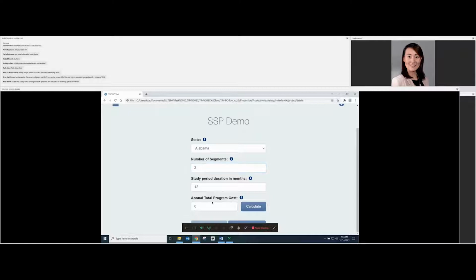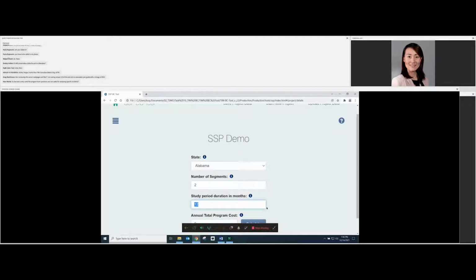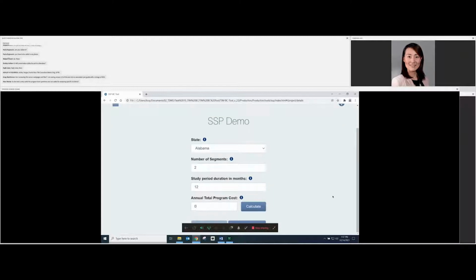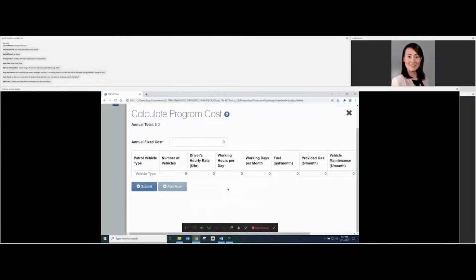Study period duration, I'm going to leave it as 12 for this demo. And the last input box here is the annual total program cost. For SSP module, there is a feature in this tool to calculate the program cost using detailed user inputs. And this is what the detailed user input page looks like, where users could enter patrol vehicle type,